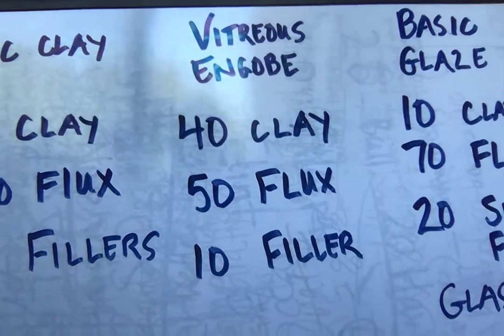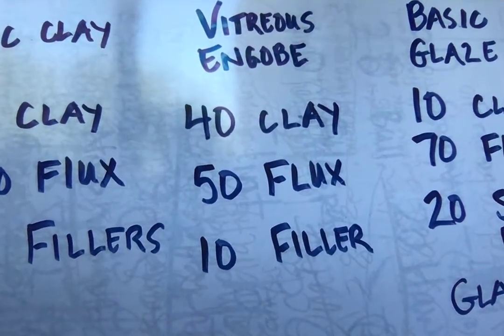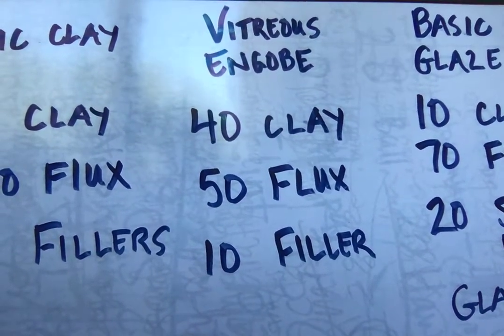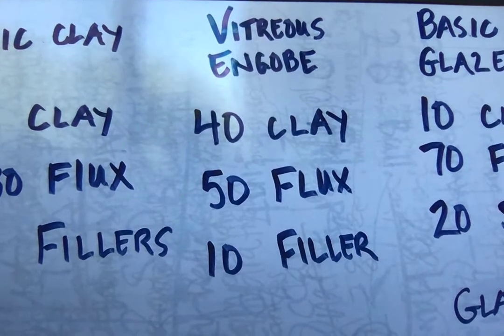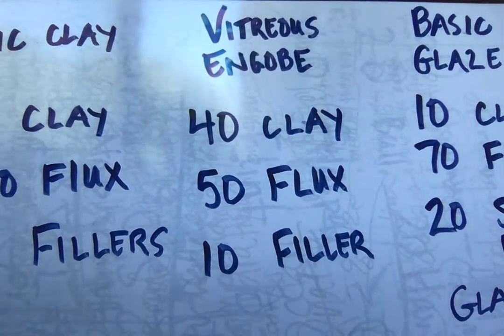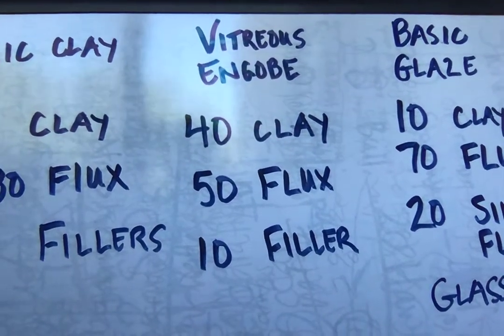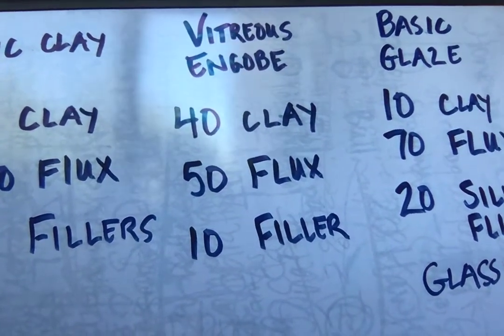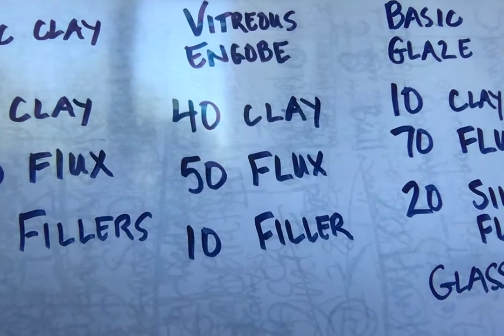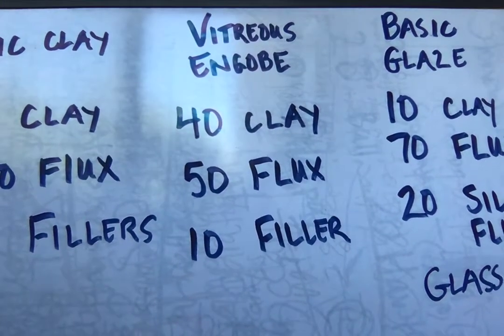So if you're, say, doing a huge public project and you're firing 50,000 tiles or something, a vitreous engobe is a very attractive choice, because not only are your colors saturated, but you only have to do one firing, and that's a lot less work and, of course, a lot less fuel consumption. All right, so let's move on to talking about